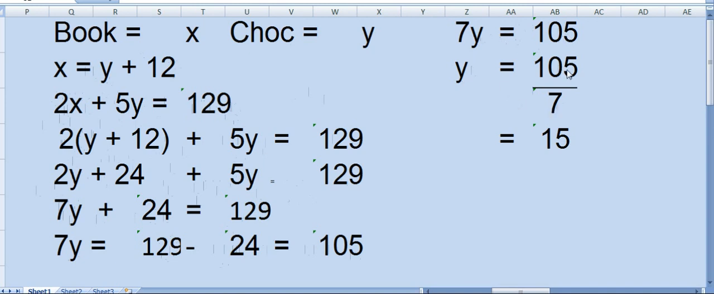So 7 15s are 105. Learn tables. Again I am saying the same thing, learn tables up to 20. So 7 15s, and y is 15. What is y, the cost of one chocolate? The answer is